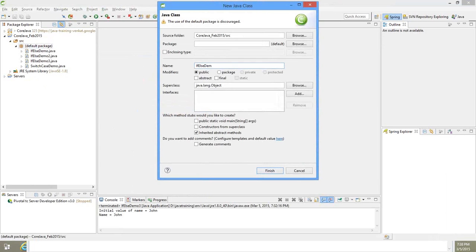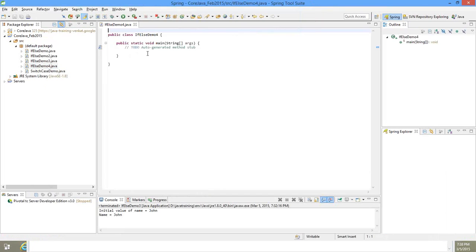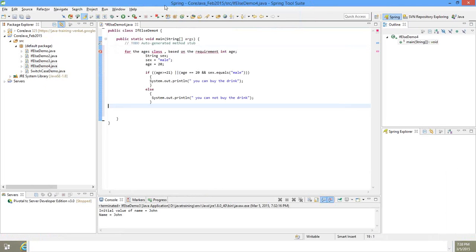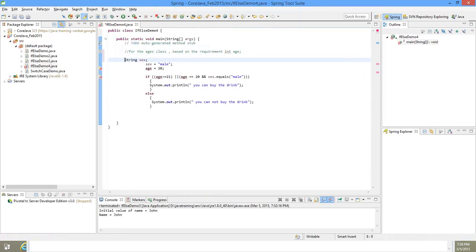Okay. So for the ages class, based on the requirement, I didn't get it, right? String sex, sex equal to male, age equal to 20, and first of all,